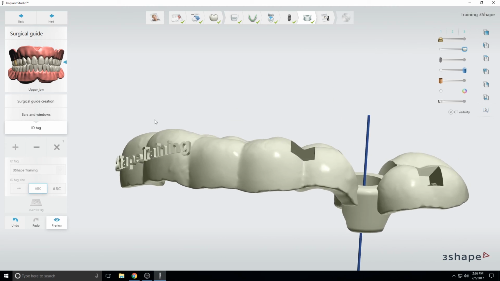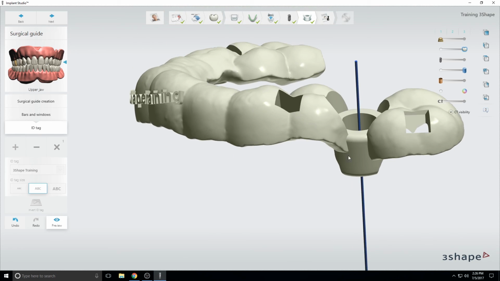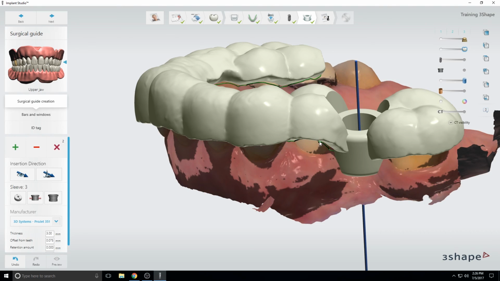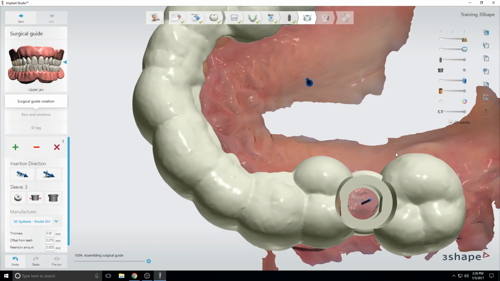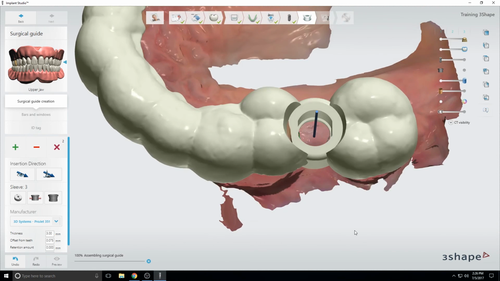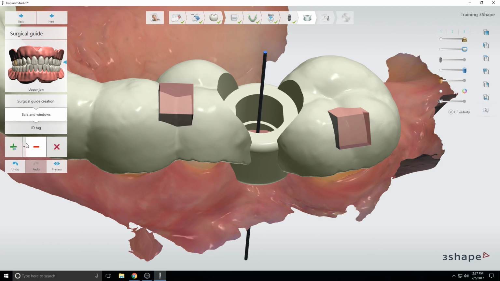One of the areas that you do want to pay attention to is these connector areas, and you see how these areas can be a little bit thin. So if you go back, you can redraw your line and make that a little bit wider, and that'll help prevent it from kind of fracturing or breaking at that area. Another thing you can do is you can add these little supporting bars that'll add a little bit extra strength to these thinner areas. So you can click on bars and windows, and you can add a support bar,